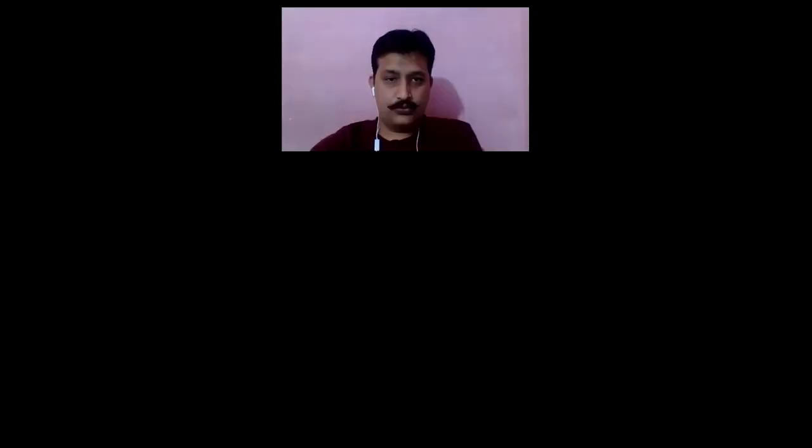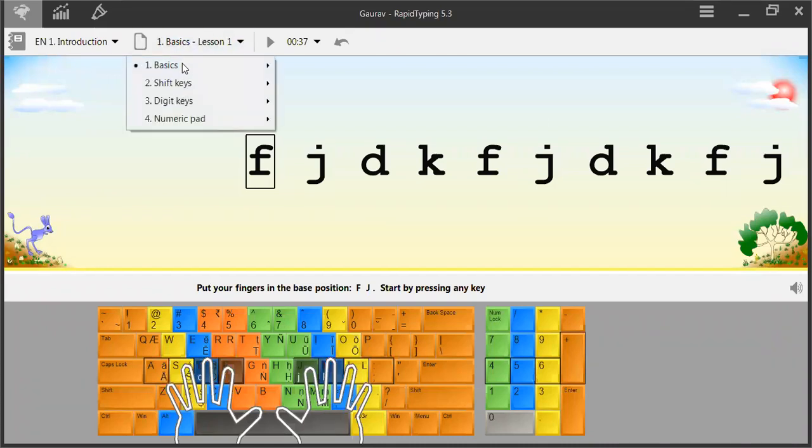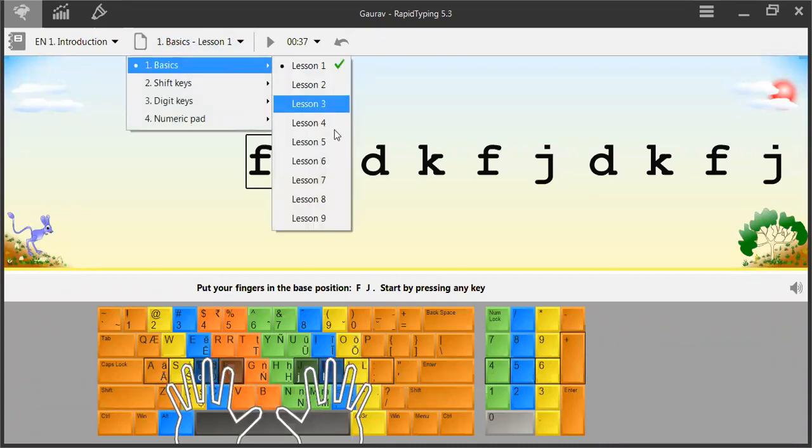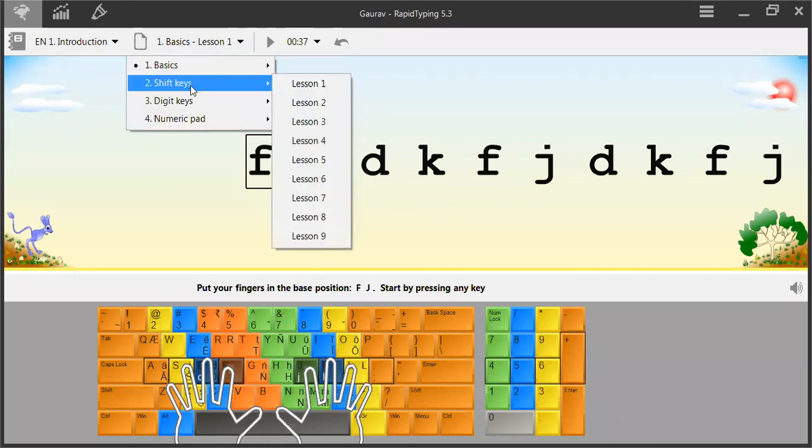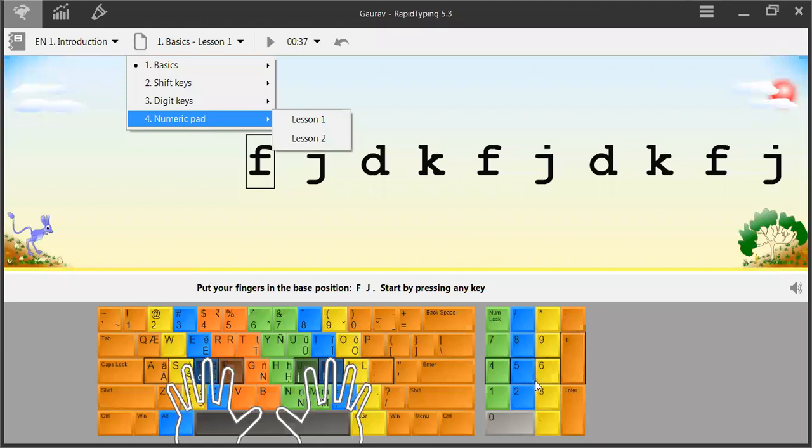तो ये सारी चीज़ें हैं जो बेसिक लेसन्स की हैं. बिफोर वी स्टार्ट आई विल जस्ट शो यू ऑल these things. मैंने ये इंटरफेस डाउनलोड किया था. Now if you see here, this is the course introduction, beginner, and then we can add more courses, right? In introduction we have this basic lesson 1 to 9, then using of shift key, lesson 1 to 9, then using digital keys, your number keys, using one lesson 1 to 3, and these are the digit keys which are given on the top. There's these ones, and ये numeric pad जो इस तरफ है, इसकी दो lessons इसके हैं,